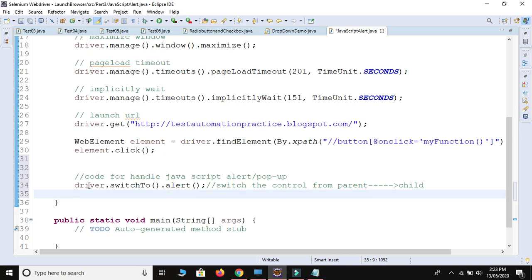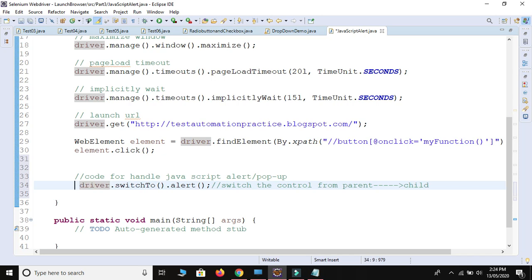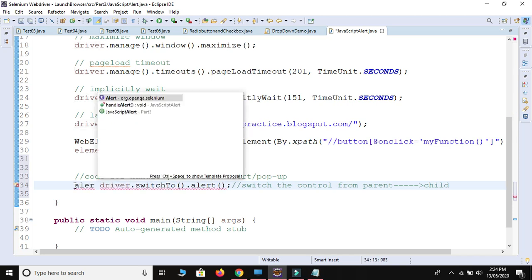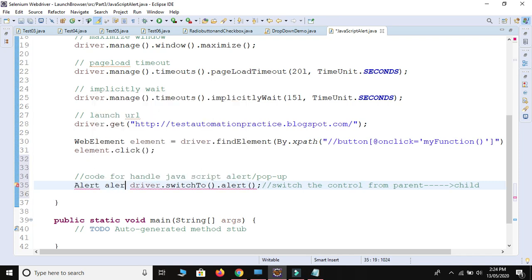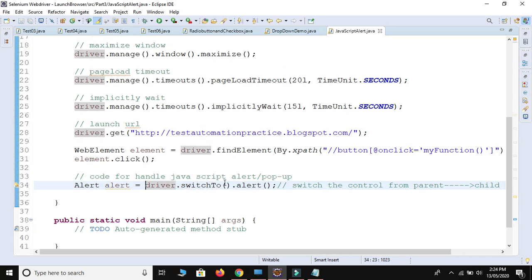So we create an object of the alert interface, not object, just a reference variable, because we are not able to create an object of the interface. And I said already alert is an interface in Selenium, so we use alert is equal to driver dot switch to alert.